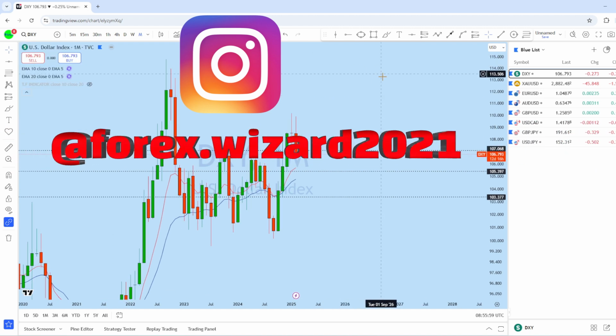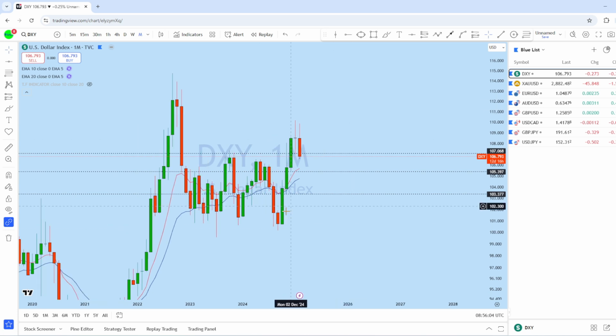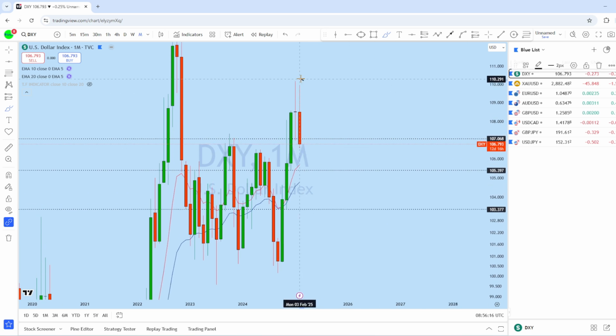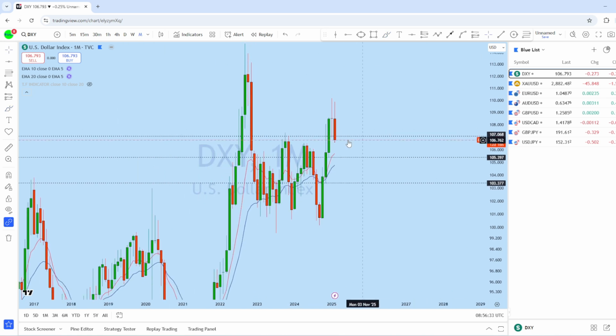Looking at the monthly on DXY, this is the monthly price action, where we have seen quite a few months of strong bullish impulse followed by a monthly doji, which signals a potential slowdown of this bullish trend, followed by this month. So far we can see that after retesting this upper shadow, the bulls couldn't create a higher high. Instead, we see a lower high and strong rejection from the top. Now this rejection could be a reversal or could be a pullback. First, let's look at it from the pullback perspective.